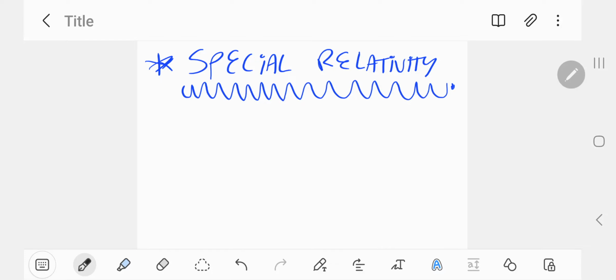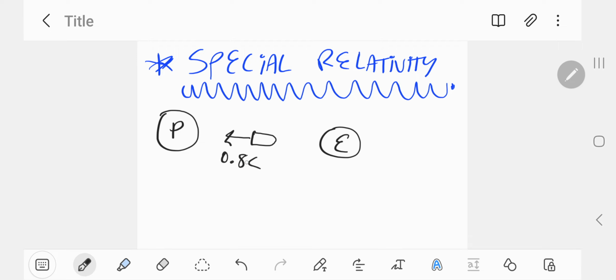This is a past HSC trial exam question on special relativity. Suppose you have a planet P and an astronaut wants to go from Earth E to planet P on a spacecraft. The spacecraft will be launched from Earth and it wants to travel at a speed of 0.8c, in other words, 80% the speed of light. And the journey is expected to take 15 years, according to the guys on Earth